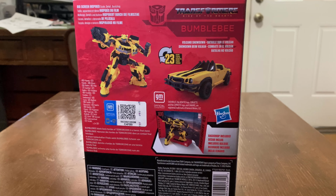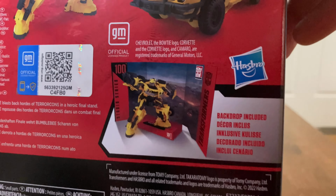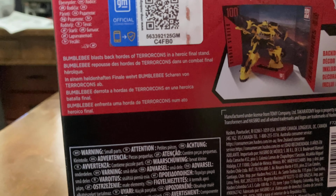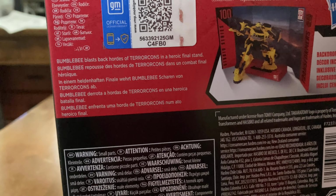As you can see here, we have the official obligatory product shot on the back of the box where it shows his vehicle and robot. And it also comes with a movable backdrop right here. Now, a little bit of a spoiler. Right down here, it says, if I can get this zoomed in, Bumblebee blasts back hordes of Terrorcons in a